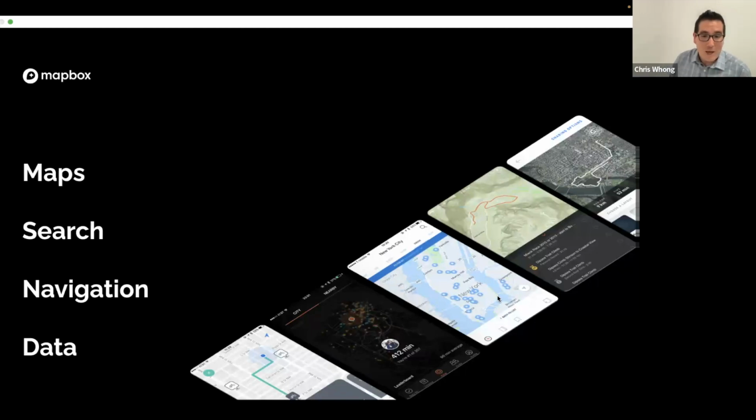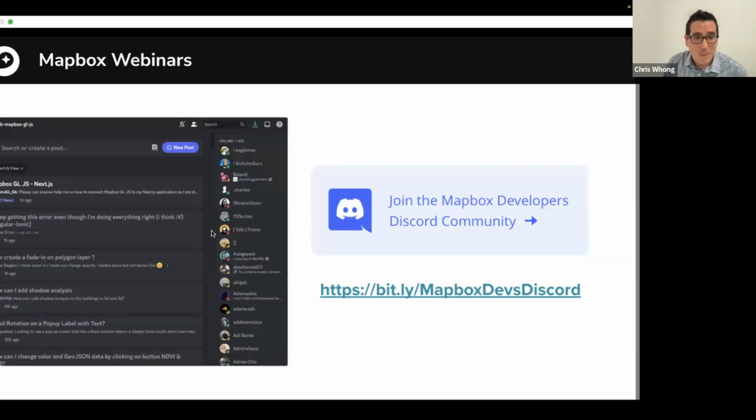So Mapbox, you're probably already familiar with the company if you're here watching this. If you're not, we do a lot more than just maps, and we have a full suite of location-based services to support your location app. In addition to beautiful and performant map rendering, we also have a very robust search service, and we also power navigation, and then lots of data products on top of that that may be helpful for your data processing, just basically in support of your apps. So go ahead and check out the rest of our offering over at mapbox.com.